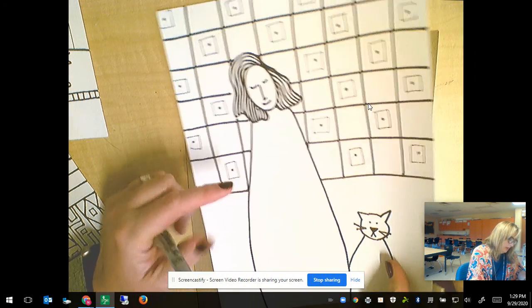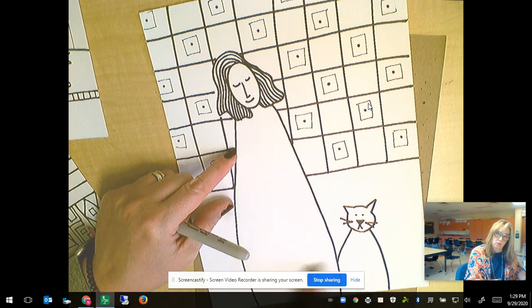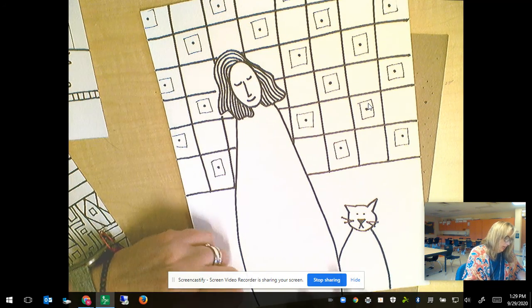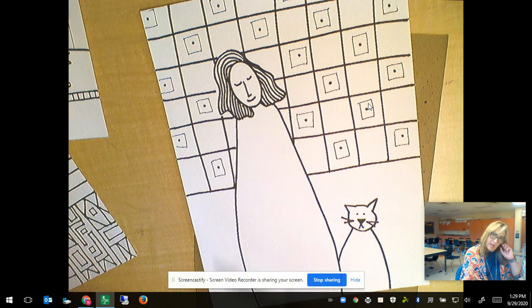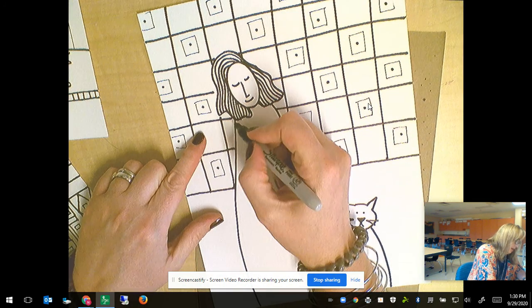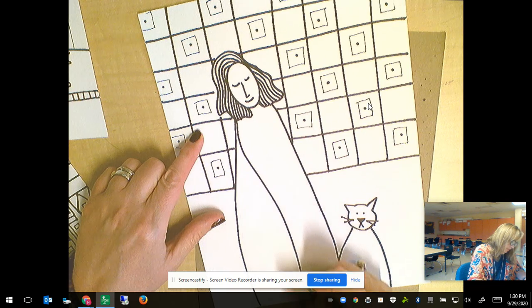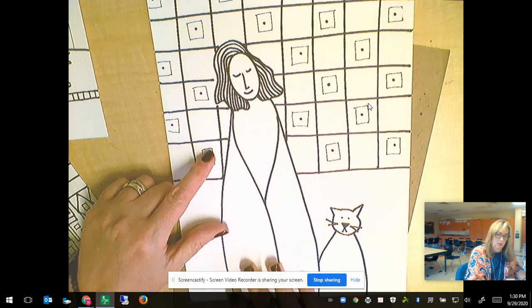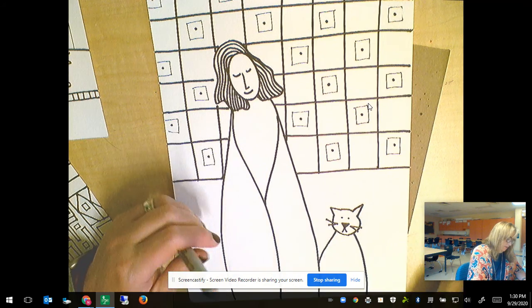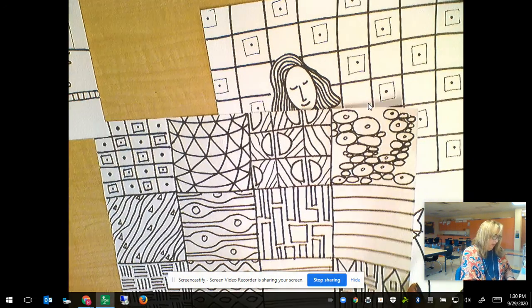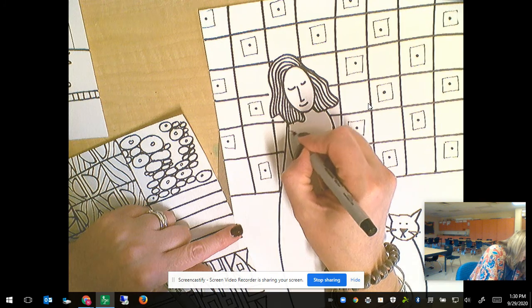So now let's see, maybe I want to keep the floor kind of the mid-ground here. She's probably in the foreground, white. Maybe I want to add something to it. I'm going to go ahead and do the patterns on her dress or her body first and kind of see where I go. And so I might just even start by adding some lines. Looks like she's got a shawl around her now. And this is going to give me some space where I can kind of decide what kind of patterns I want. And so maybe I'm going to repeat